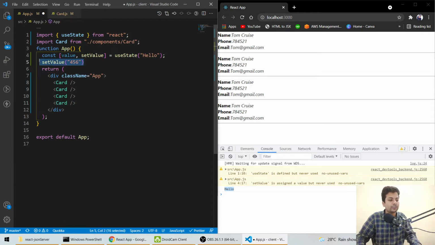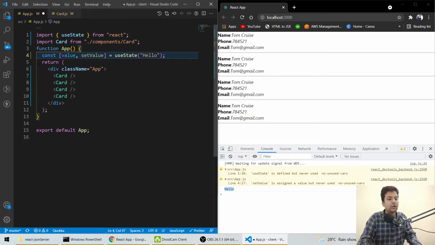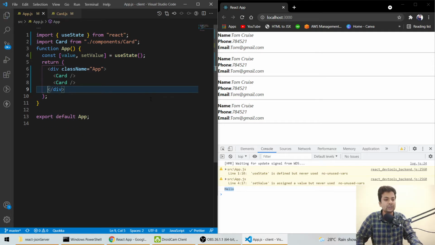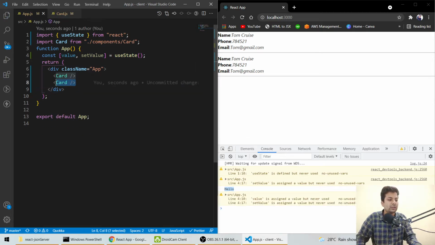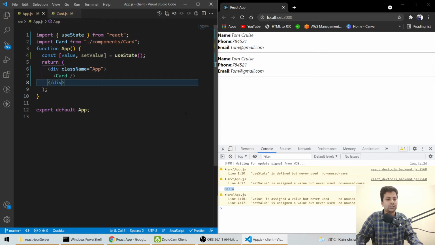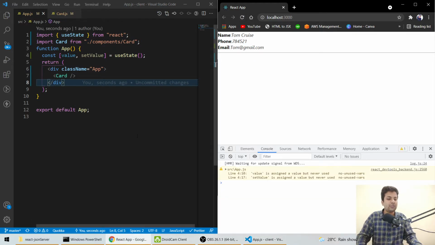Okay, so for now we want to use dynamic data. So let me use only 2 cards, or maybe 1 card. Yeah, so everything is fine, it's showing that you have imported but not done anything.